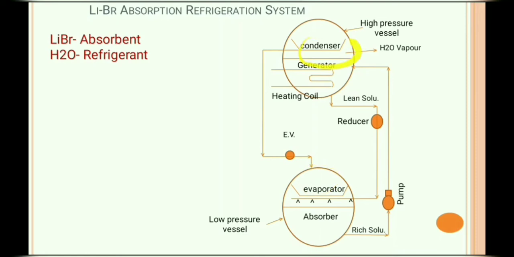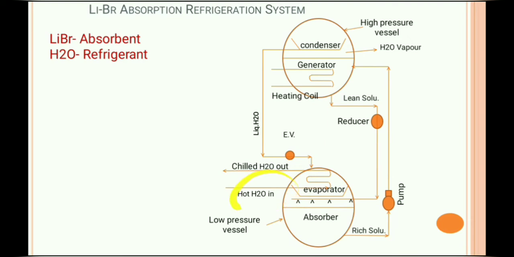Therefore, after the condensation process, the H2O vapor is converted into H2O liquid. That will be LiQ, that is the short form of liquid. That means the H2O vapor is converted into H2O in liquid, and it goes to the expansion valve where it performs the throttling process, that is isenthalpic expansion process. Due to this, the pressure as well as the temperature of that liquid H2O will decrease, and that cold H2O will enter into the evaporator where the H2O produces the refrigeration effect.